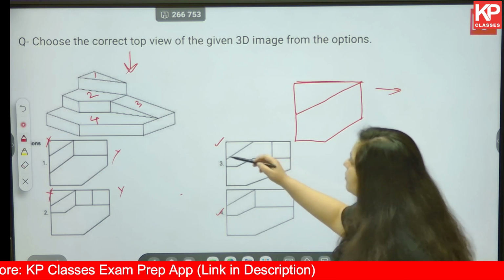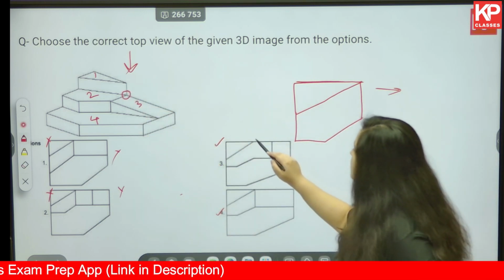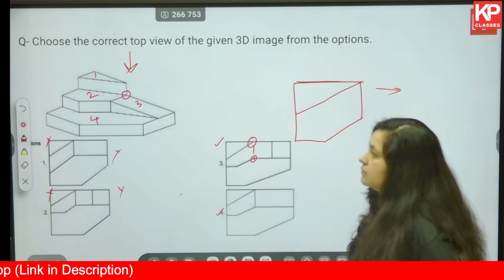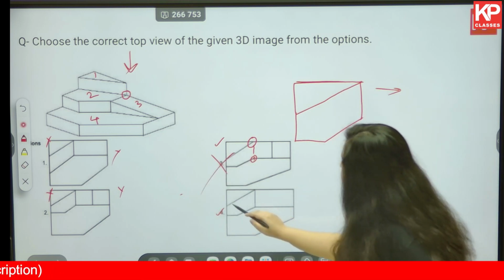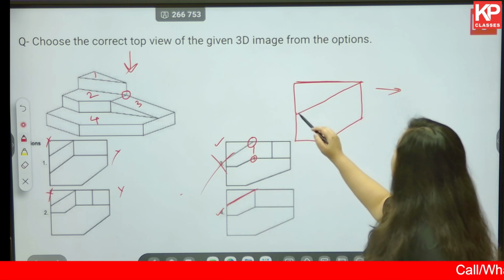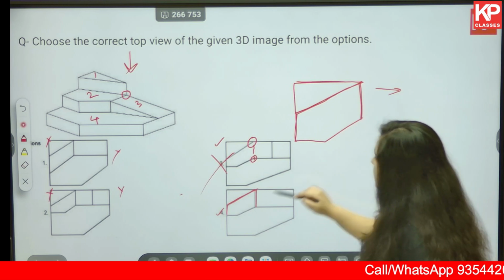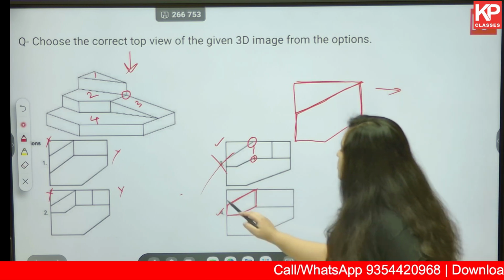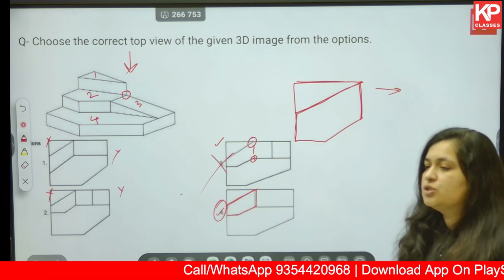Now the ending point of shape 1 and 2 is the same, whereas here you have 1 over here, 2 over here, but there is no line. Okay, so this also becomes incorrect. Let's look at 4. This resembles shape number 2. This is the line from the triangle, then you go down 90 degree, correct, then you move 180 degree and then join these two by an inclined line. So option number 4 so far looks correct, and we are only left with option number 4 so far.